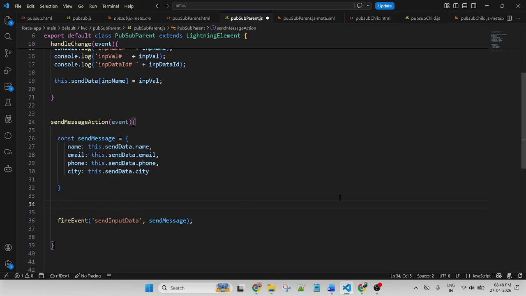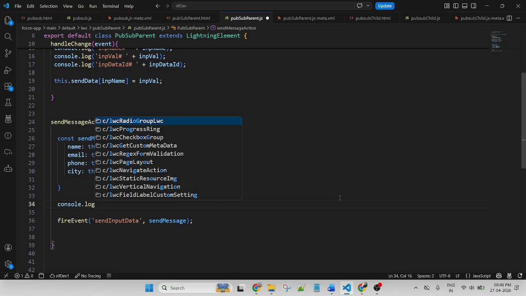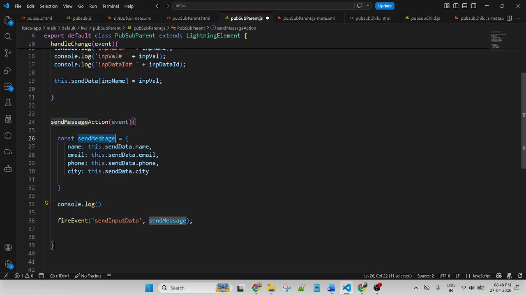Let me use console.log with JSON.stringify to check the data I am sending. If you want to display what kind of data is inside the object, always use JSON.stringify.